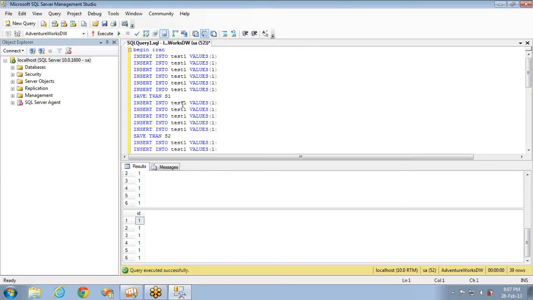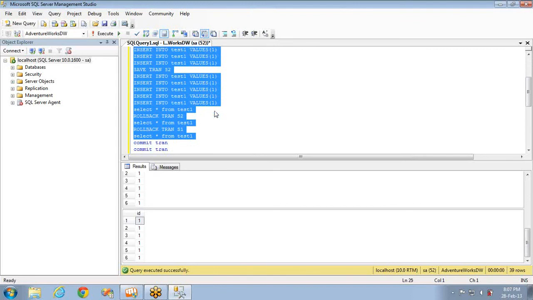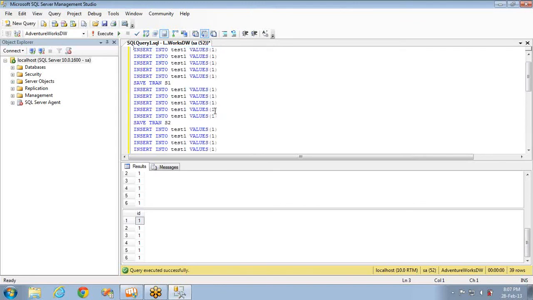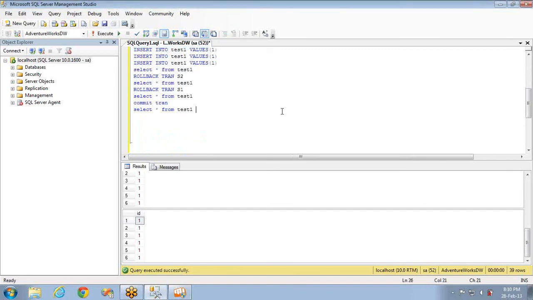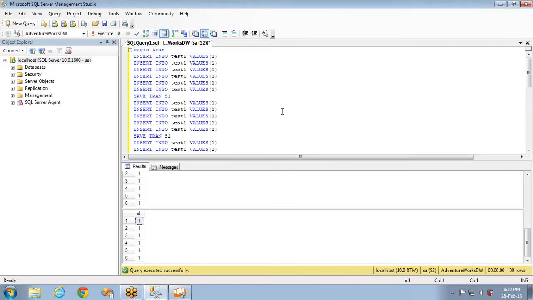Let's discuss a little bit about error handling, how to handle the errors here. I'm deleting all this stuff. So we already discussed about how to handle errors here.